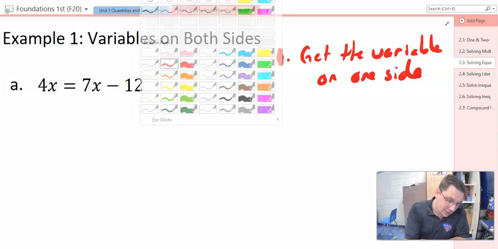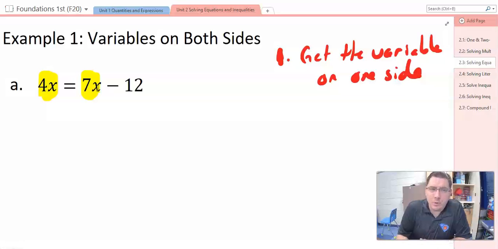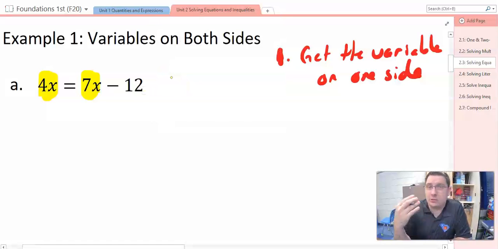In this case, we see that I've got a 4x on the left side of the equal sign and a 7x on the right side of the equal sign. We've got to move these to the same side. Now, we can move the 4x from the left side to the right side, and we would need to use subtraction. Or I can move the 7x from the right side to the left side by subtraction as well. There's issues either way that you need to just be careful not to fall into. Okay? So if I subtract the 7x,